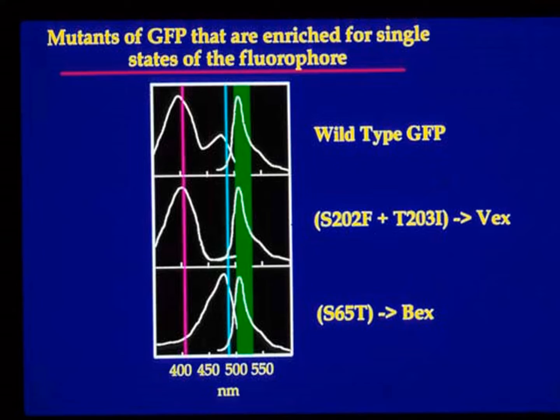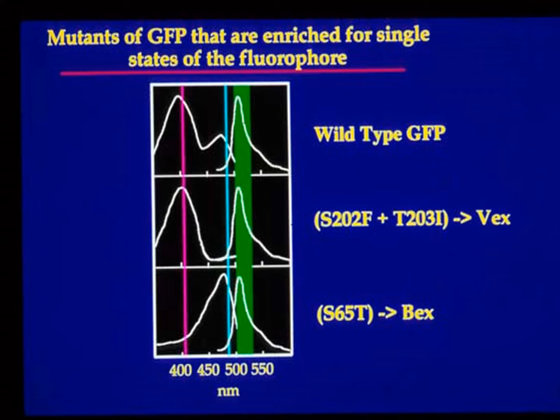I think the next slide's going to show that. But before I show that, the very interesting thing: we wanted to make GFPs that would be easily detected in FACS. And Mike Anderson made some mutants of GFP, which we called VEX and